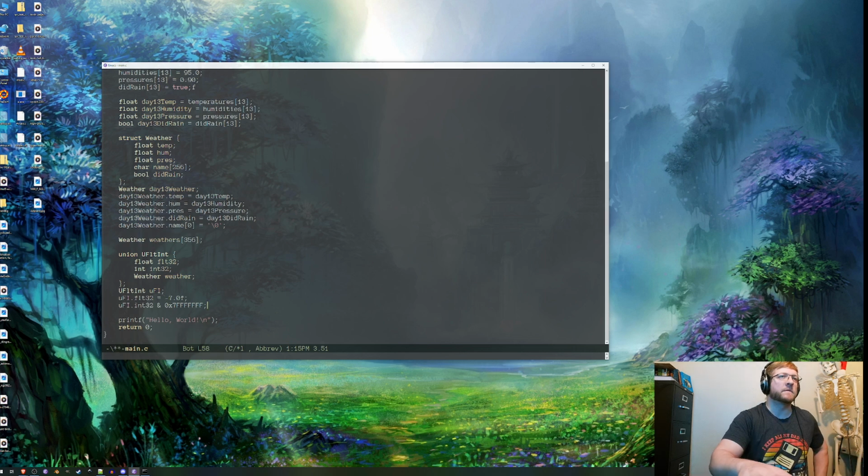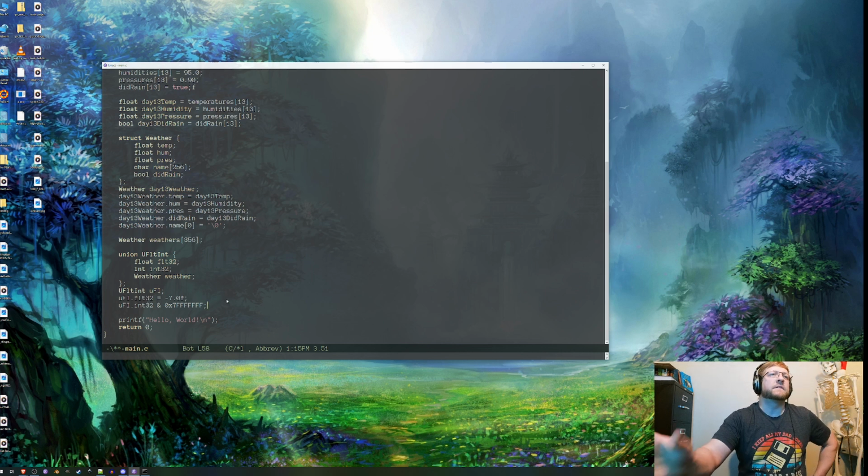There we go. Maybe we do something like that. This, again, doesn't make sense in context, but these are the kinds of things you can do. So you can say, this memory, give me these bits as though they're a float, and assign that -7. Now take those same exact bits, represented as an integer,